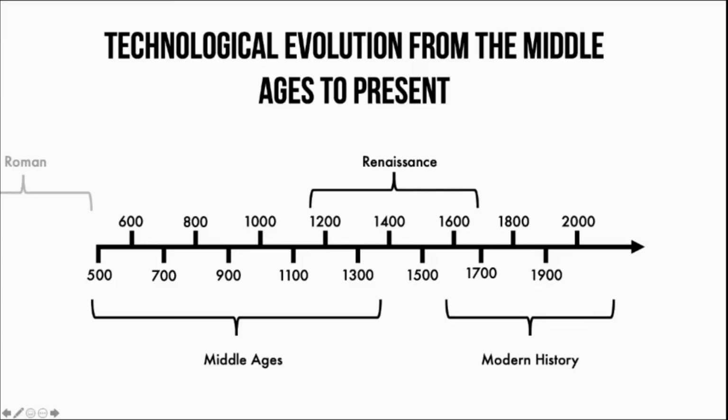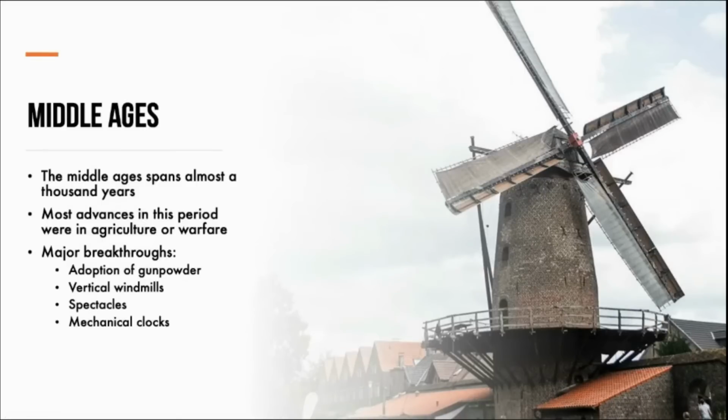Okay, so going on to the first one, we've got the Middle Ages. As I said, the Middle Ages spans almost 1,000 years. And due to the kind of society of the day, most advances concentrated on agriculture and warfare. As farming became a bigger thing, obviously staying alive, you need to eat, and farming meant that man didn't have to go out and hunt every day. So huge advances in that,